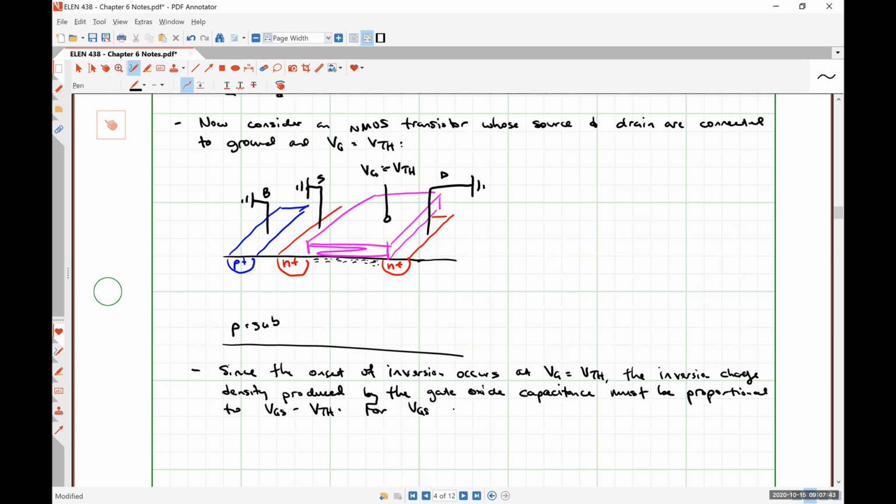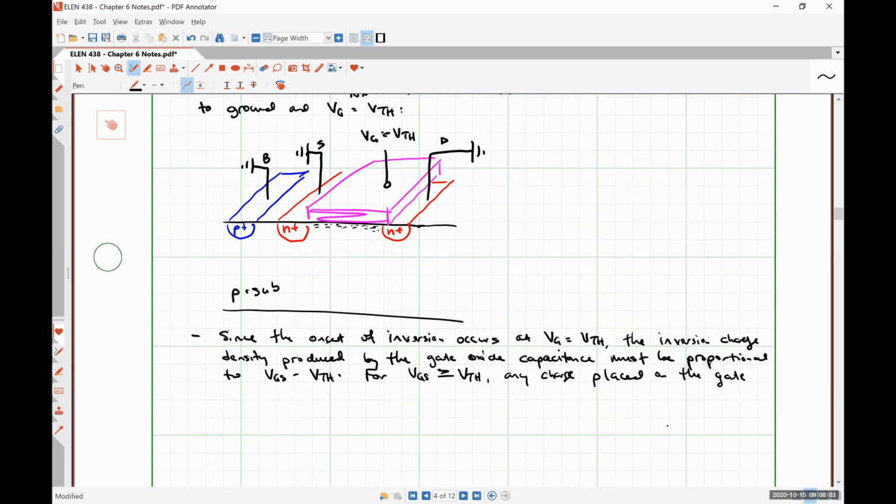For VGS greater than or equal to VTH, any charge placed on the gate must be mirrored in the channel, yielding